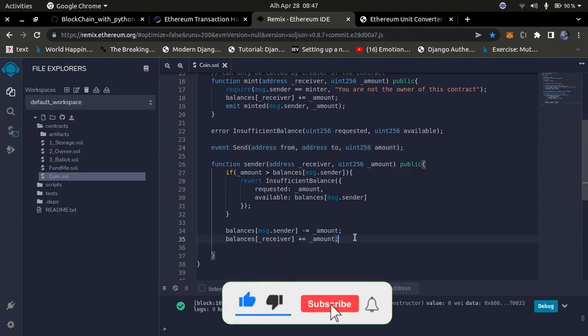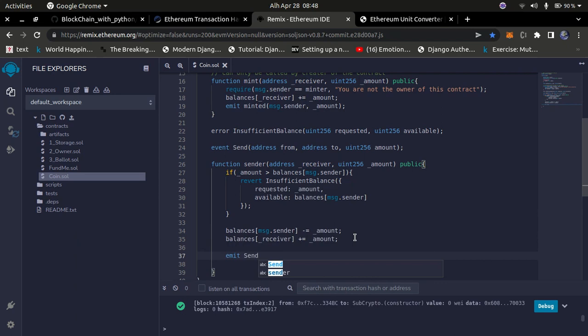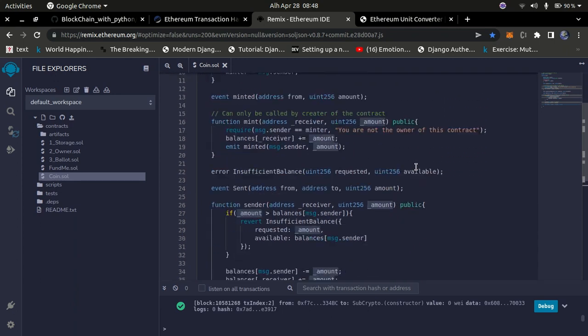So once we have that done, I'm just going to go ahead and emit this event. So I'm going to say emit, and I'm going to say the send event, sent rather. Let me call this sent because it makes more sense. So I'm going to call this event sent, and then we're going to specify the msg.sender. msg.sender is the person who made this request, right? And then we're going to say the receiver, and then you're also going to pass the amount that was sent. So underscore amount, just like that. So the sender from is going to be the person who called this contract, and then the receiver to is the receiver, and then the amount is the amount that is specified. So this corresponds with this right here. So once we have that done, that's all we need for our simple